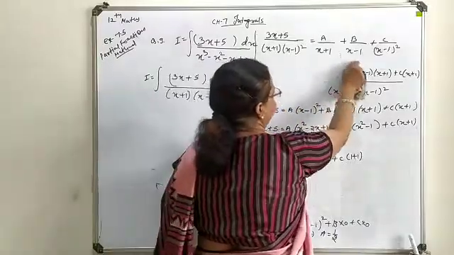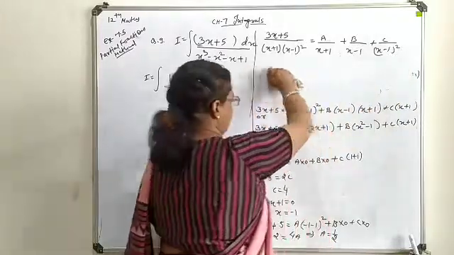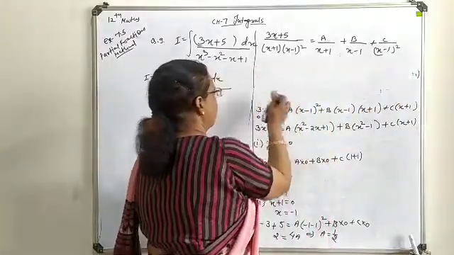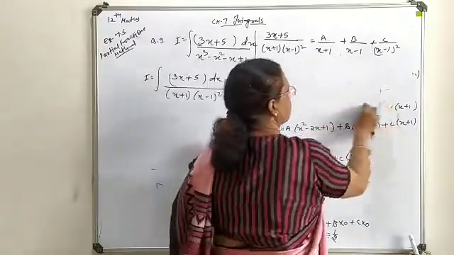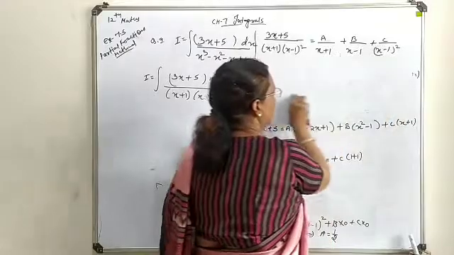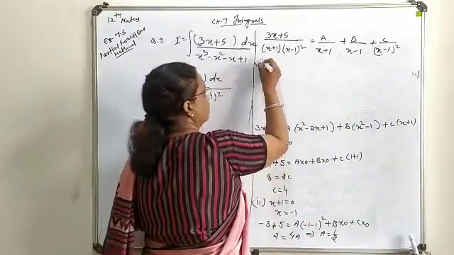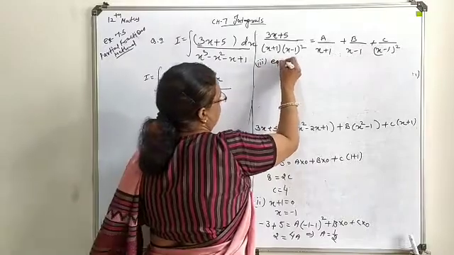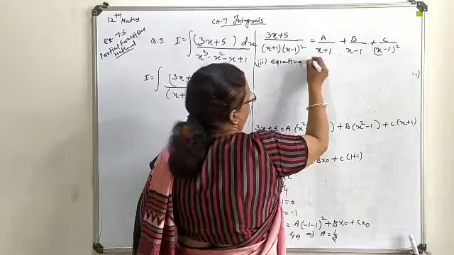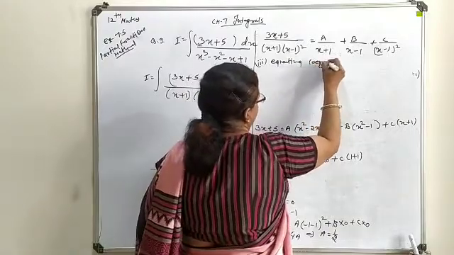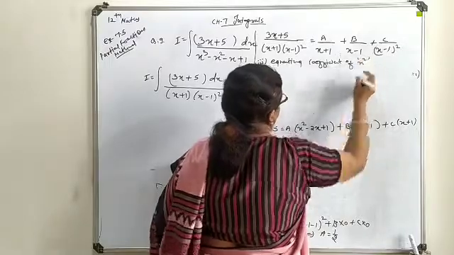Now the next step we will write equating coefficient of x square. One will be enough to find out the remaining constant. So for that purpose we will use this equation form, so it is not required. Now for the third, equating coefficient of x square on both the sides.